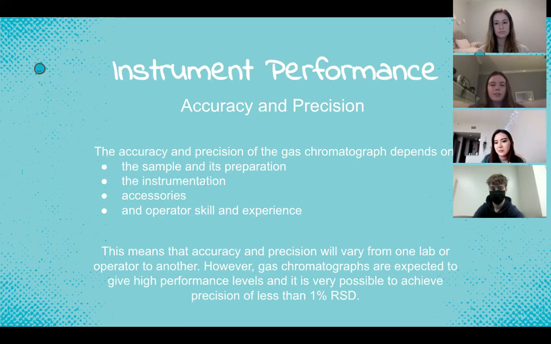The accuracy and precision of results in GC are highly dependent upon the sample and its preparation, the instrumentation, accessories, and operator skill and experience. For these reasons, accuracy and precision can be expected to vary from one lab to another. Modern gas chromatography,